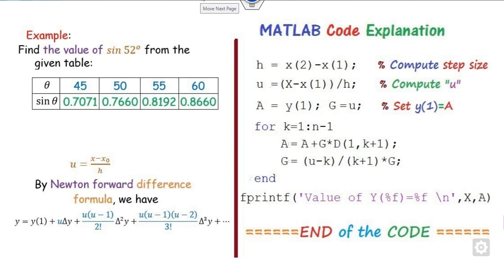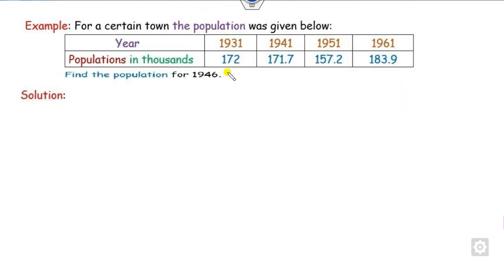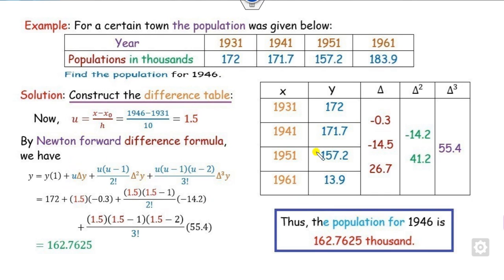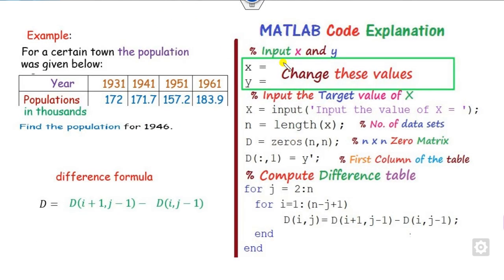Similarly, this is for one particular problem, but now you can see how you can change it. If you consider another problem, you can construct the divided difference table here, and finally you can solve this problem similarly. So how can you change it in the journal? Whatever code you have written here, you have to change only the values of x and y.